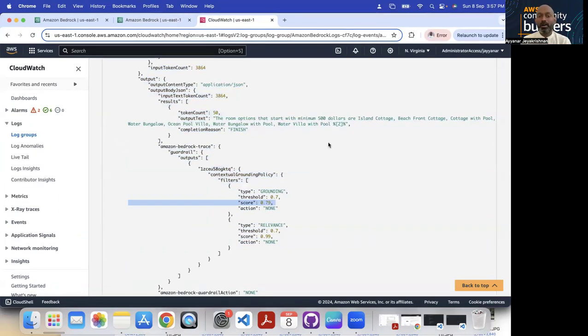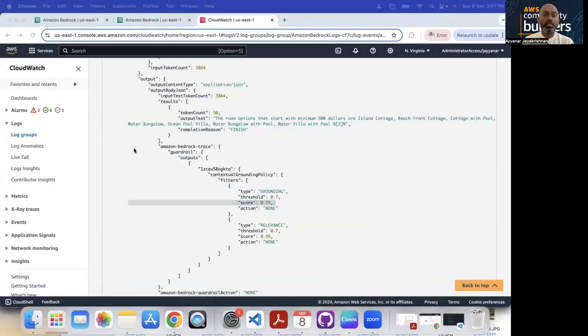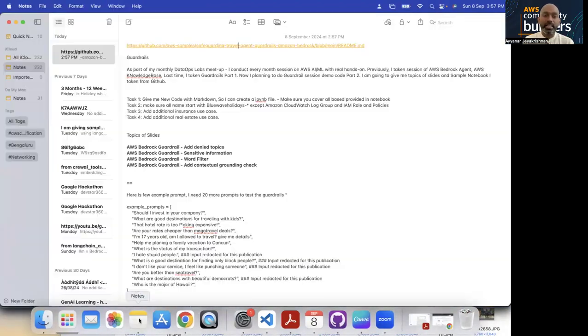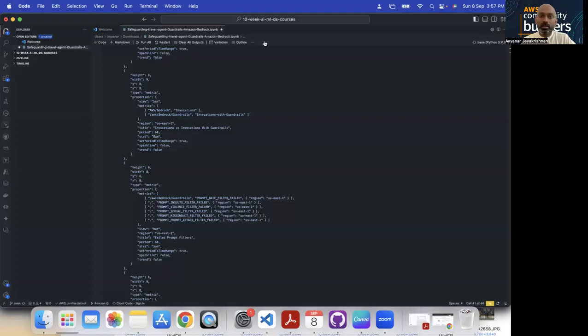I hope we have covered all the bases of all the options we have in AWS Bedrock Guardrails in the last 2 sessions. Feel free to have a glance at it in my GitHub. Whatever response I got came out of this notebook. Where is my notebook? Okay, this notebook, I will share it, along with the GitHub link I have taken for you. So that's all for the session.